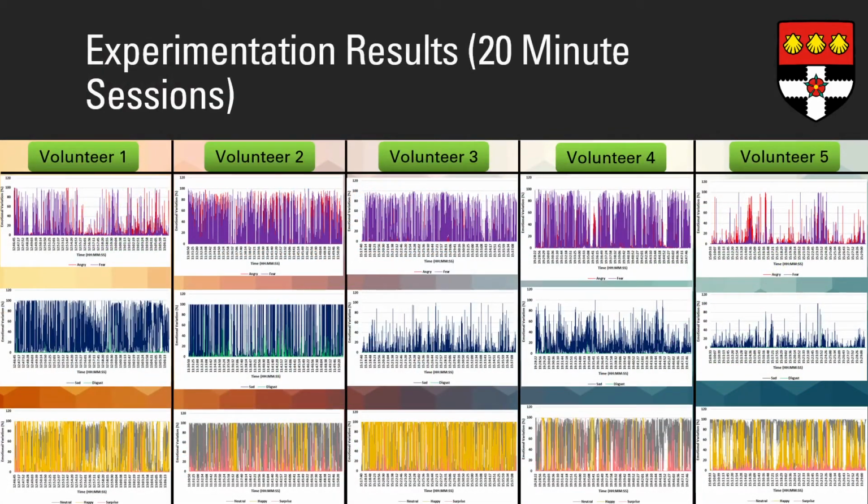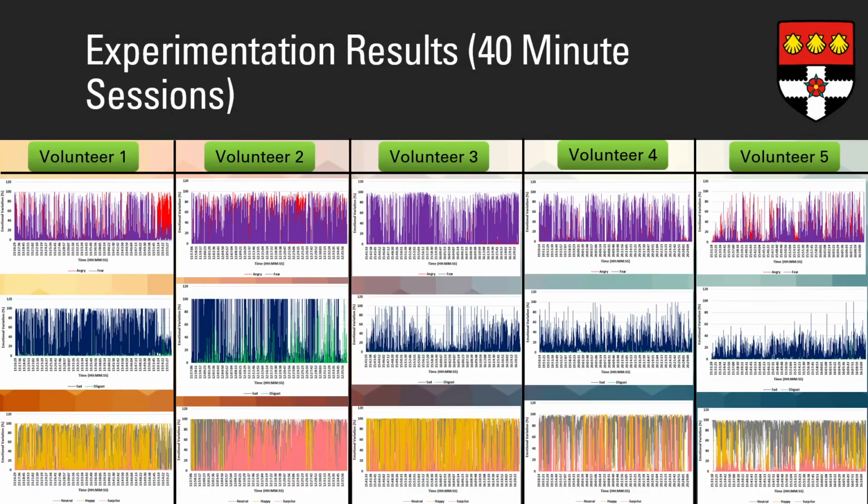In the experiment, the 5 volunteers were asked to play the chosen game in 3 separate sessions of 20, 40 and 60 minutes, whilst their emotions were being recorded. In the 20-minute session, we can see that all the emotions were not that intense, with only volunteers 2 and 4 showing the most anger and fear emotions, and volunteers 1, 3 and 5 showing the most happy emotions. This implies that the volunteers were trying to figure out how the game worked since they hadn't played it before.